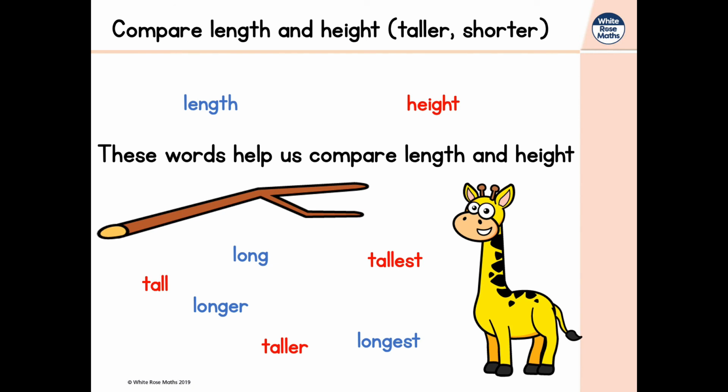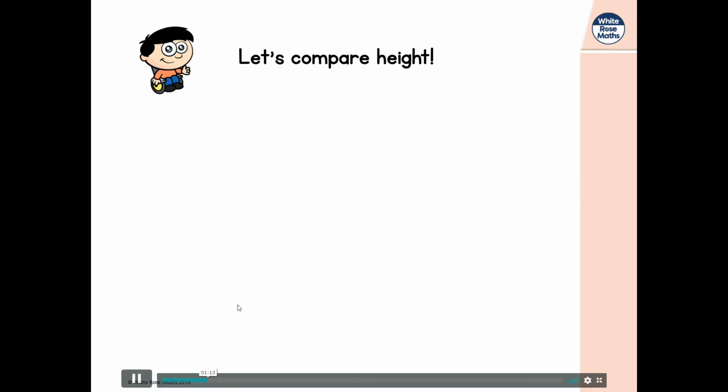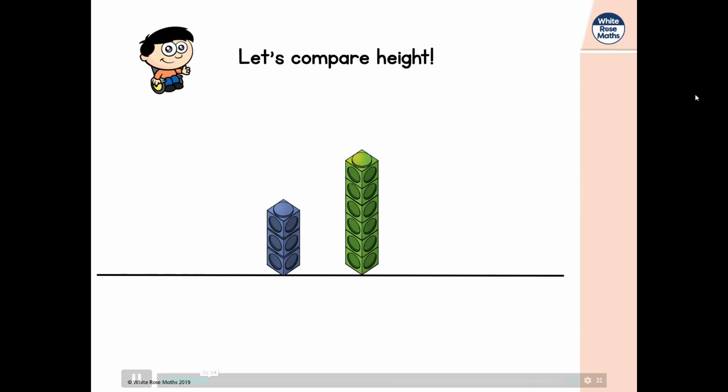But there are other words that we can use for both length and height. Things like shorter, shortest, and don't forget this word, same. Sometimes we have things that are the same height or the same length. So let's compare height. Here we have